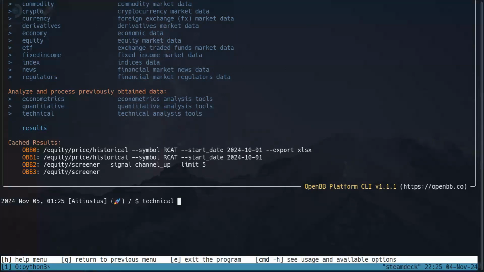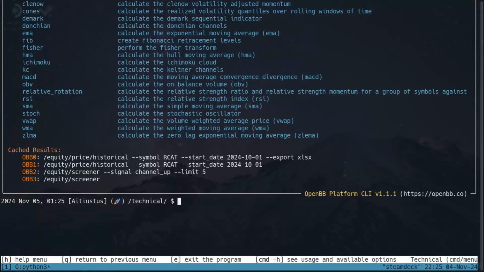The thing with these is it does have to be the information for the stock. If you try to pull up something else that doesn't have all of the data for a stock and you try and run a technical analysis on it, it's not going to work. It's not going to have what it needs, like the open, high, low, and close, to be able to calculate the indicator from. So I've got technical there, and